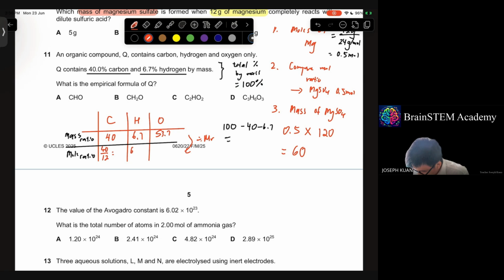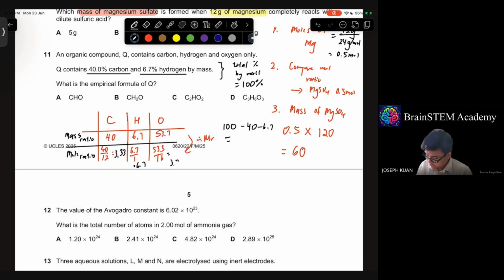The molar mass of hydrogen is 1. The molar mass of oxygen is 16. So using this answer, we should get 3.33 is to 6.7 is to